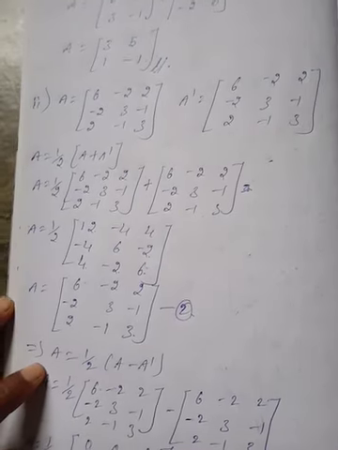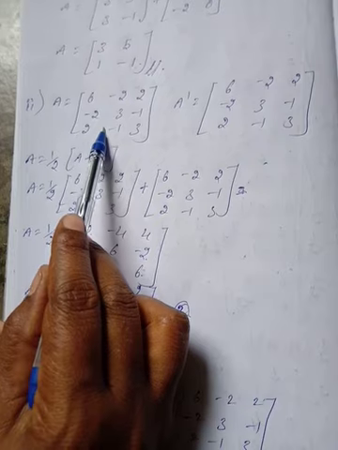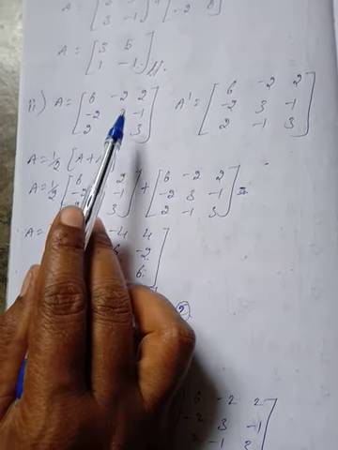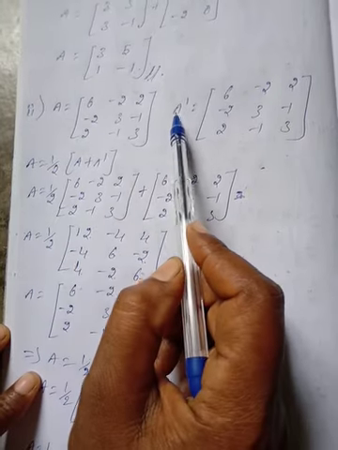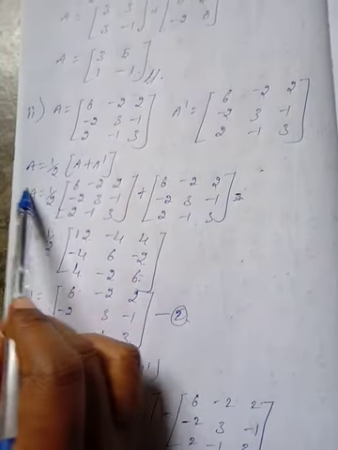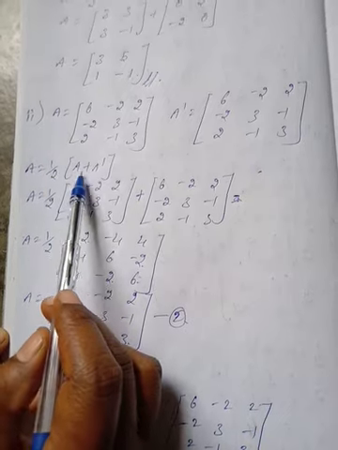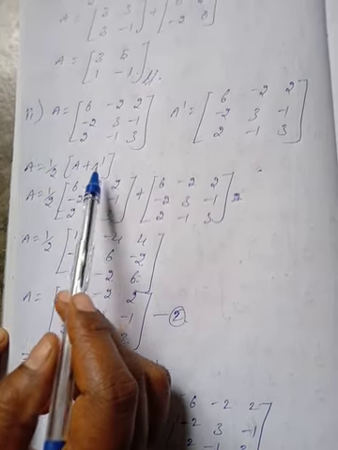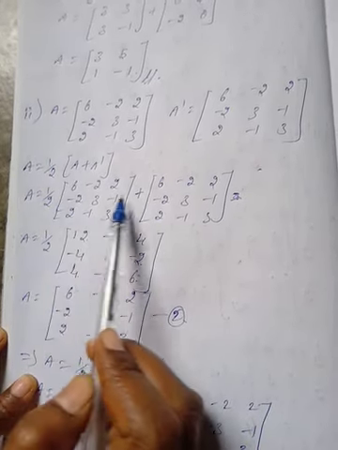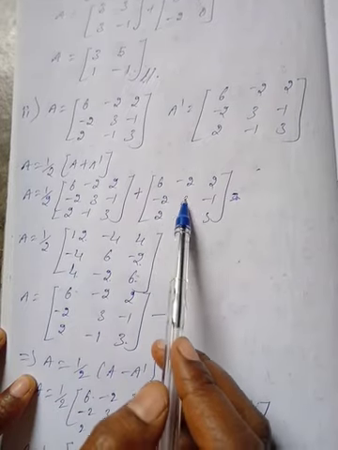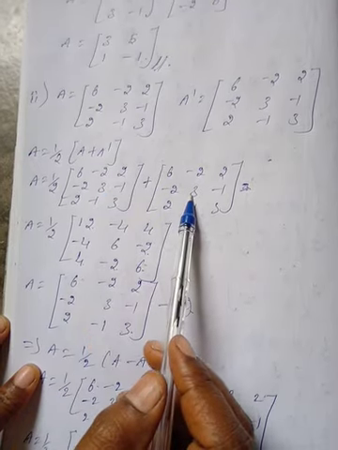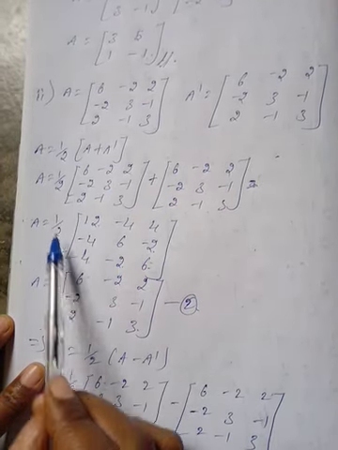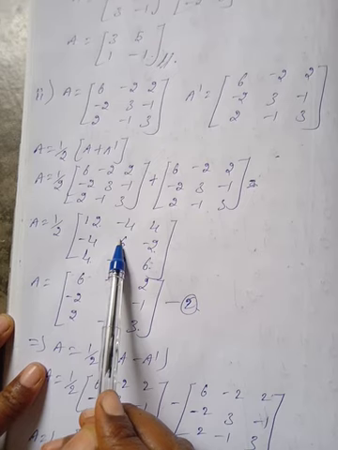In the same way, see second example. This is your A matrix. If you are solving this one, again we need to get same answer, A matrix only. This is your A matrix, transpose of A matrix. Find A is equal to half into A plus A transpose, that is symmetric matrix, half into A matrix plus A transpose, substitute here. Next, add these two, right? Half as it is, add these two matrices, you are getting like this. Next, multiply with half as every element.